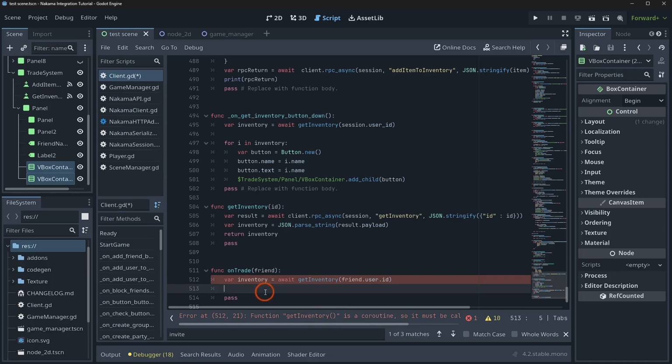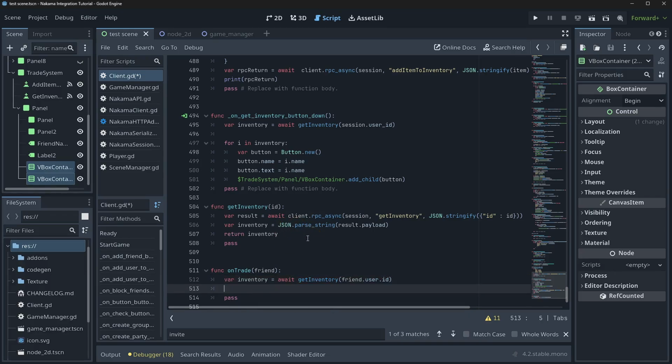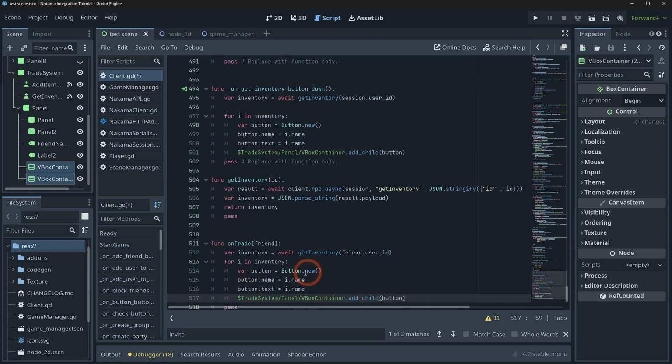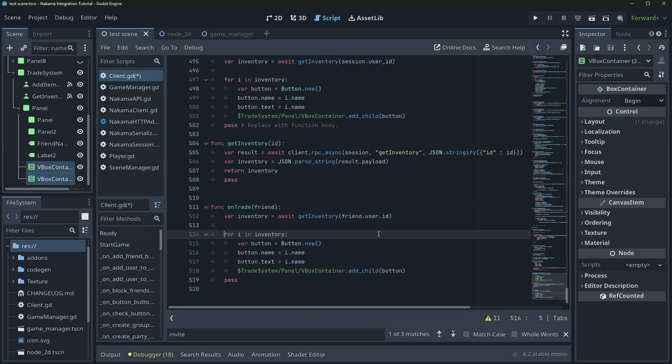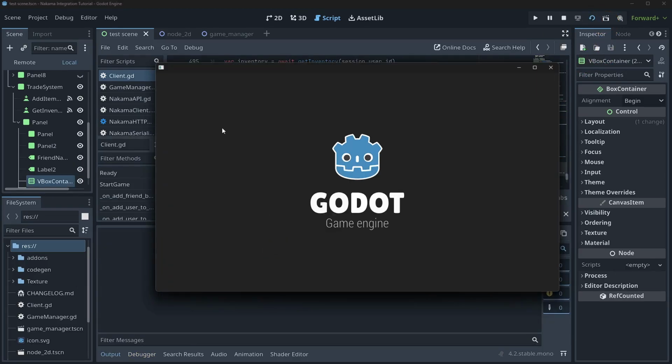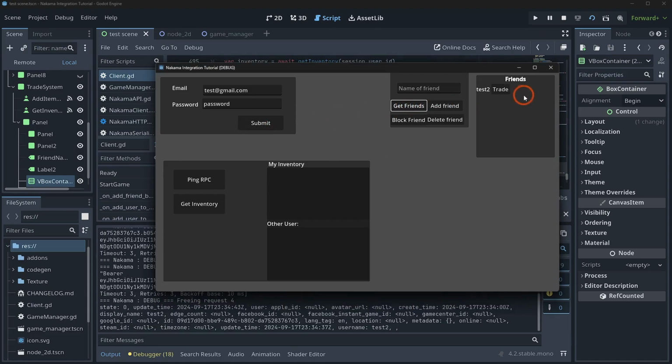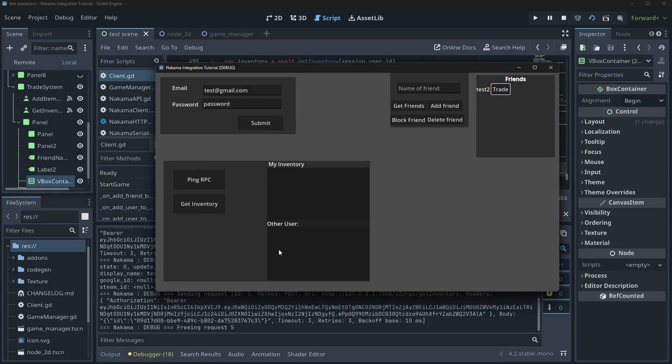Then I'm basically going to put this exact code in here. It's literally a carbon copy. Bam. Just that. Then instead of VBox container, it's just going to be VBox container 2. So now when I select my friend, if we go test, get friends, trade, it should come back with their data,